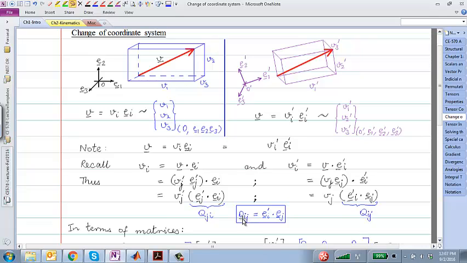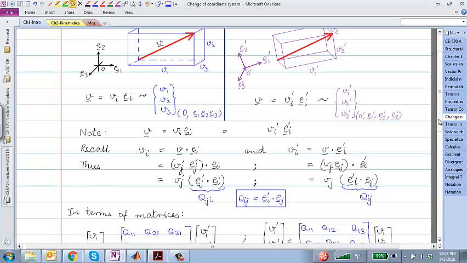So we are looking at q11, q12, q13, or q21, and so on, right? Which would all be obtained by just doing a dot product of, for example, e1 prime with e1, e2 prime with possibly e3, and so on. There are 3 vectors here and 3 here, which gives us these 9 different